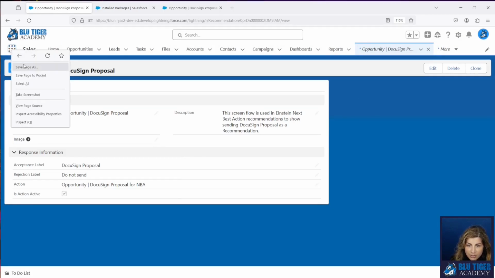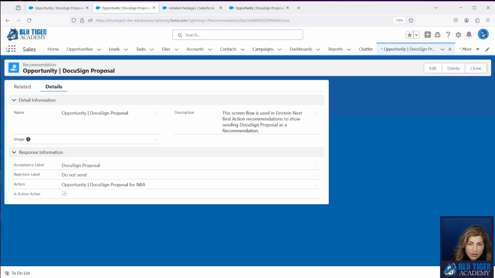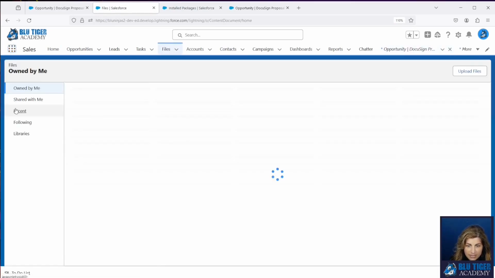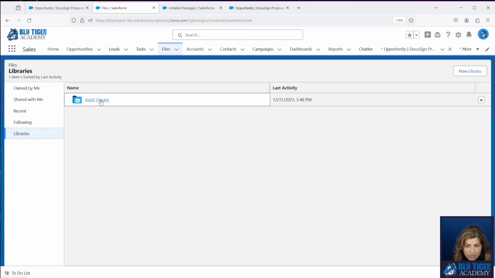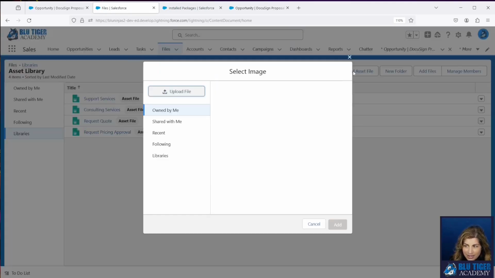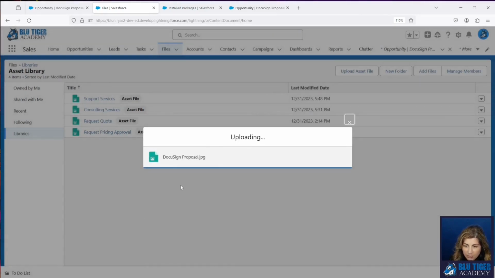You can't upload it in this screen. I go into detail why in one of our other videos. I'll show you how to do it the right way with the right settings here so you don't run into any issues troubleshooting why your image isn't showing. So you'll go to Libraries, your Asset Libraries, and then you're going to upload an asset file. We've prepared an image that we're going to upload here.